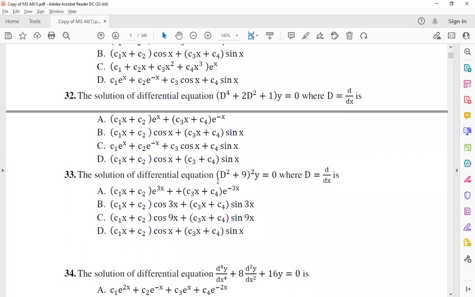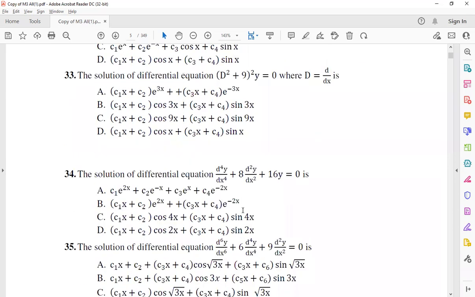And what is wrong with option 4? It looks the same. These also look the same. Where is the problem? Sin x. Achha, there is no x here. C3x is not there. C3x should be there. At least one of them should have x. It is not there, so you can get confused if it is like that. So x, C3x, C1x, or somewhere in the constants there should be x. It is not there, so this is not correct. Chalo, 33.